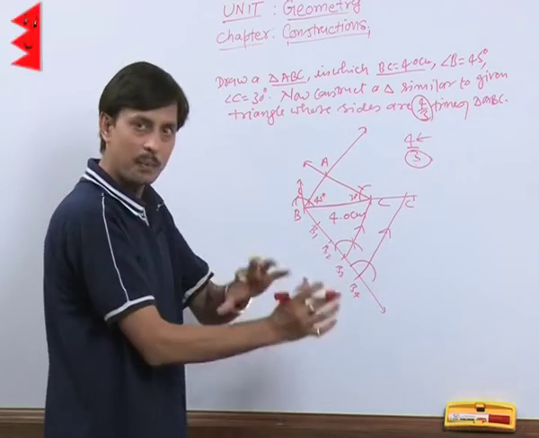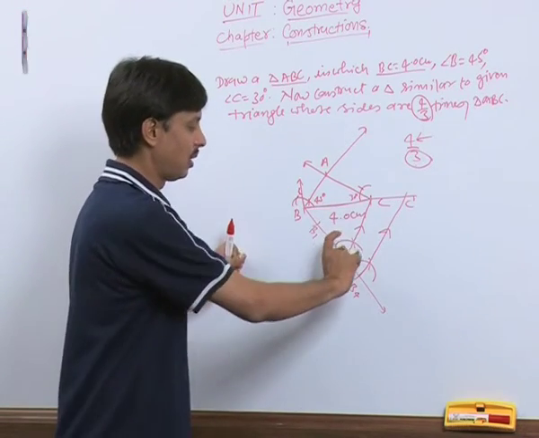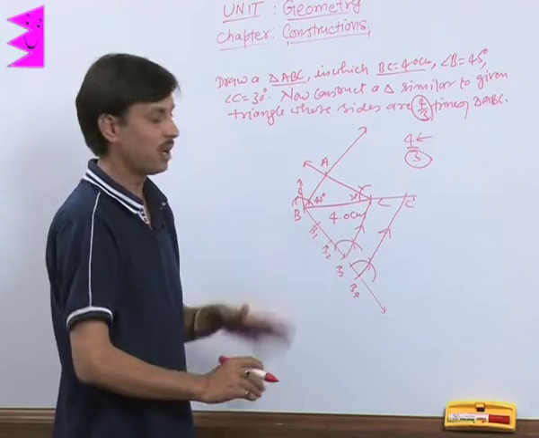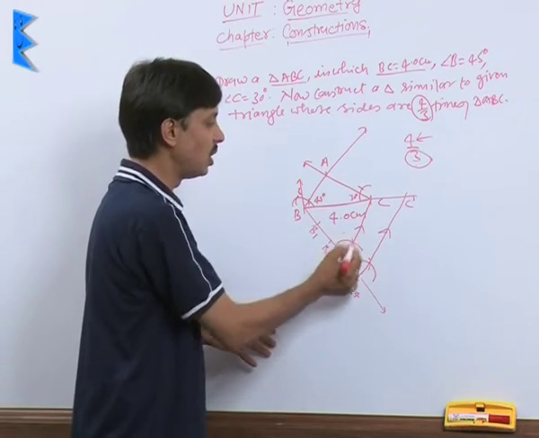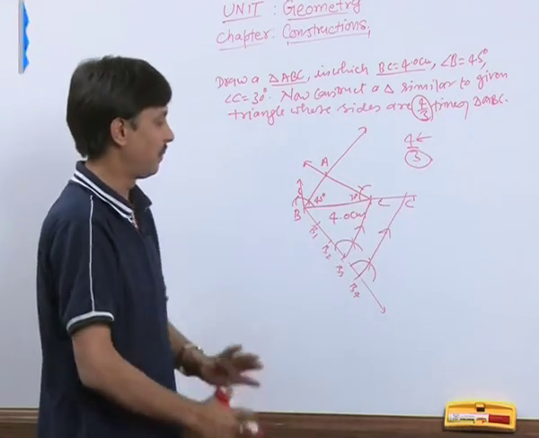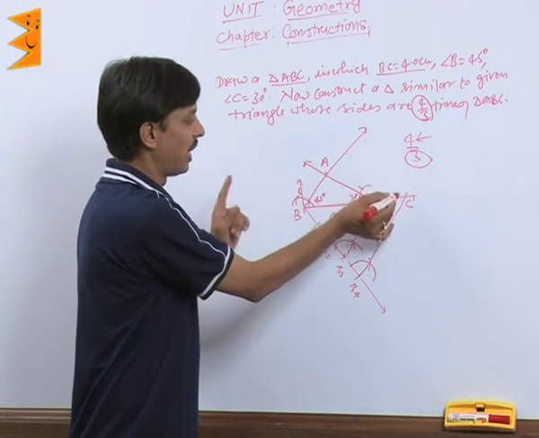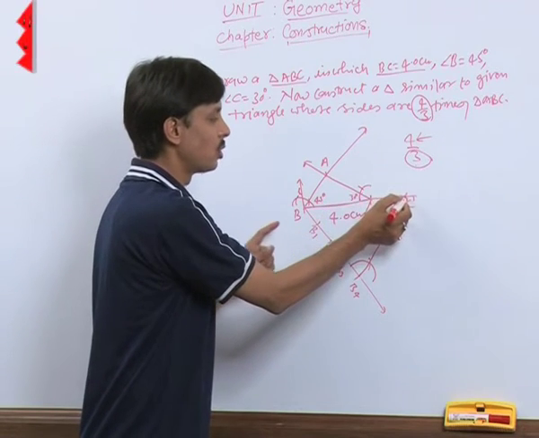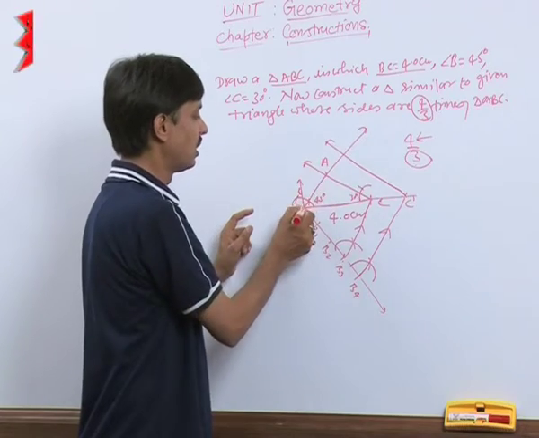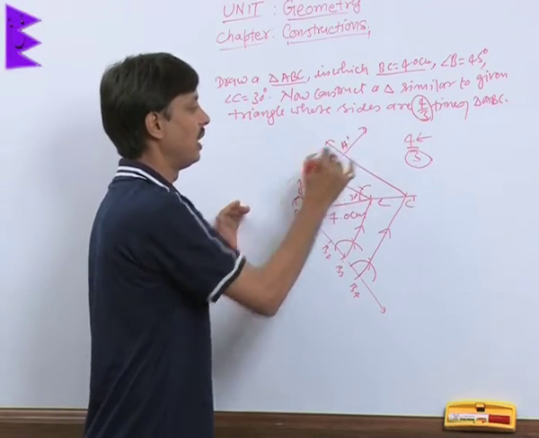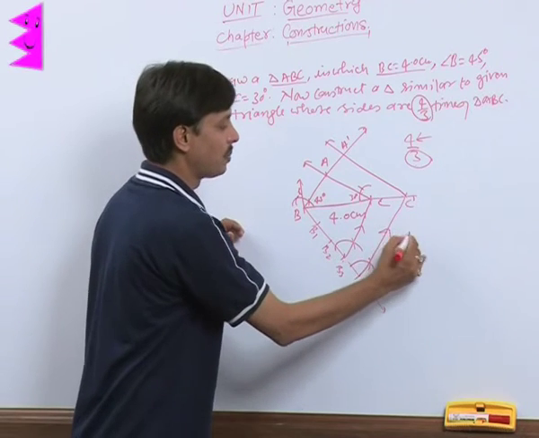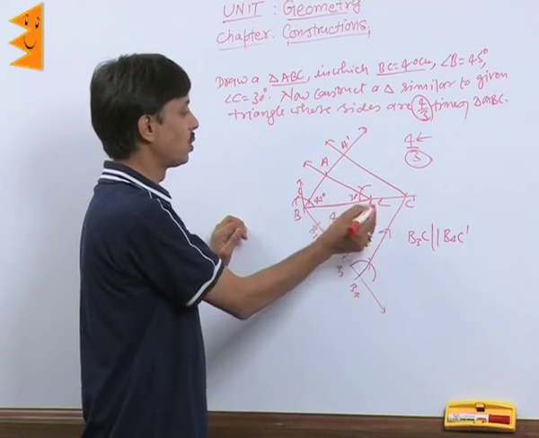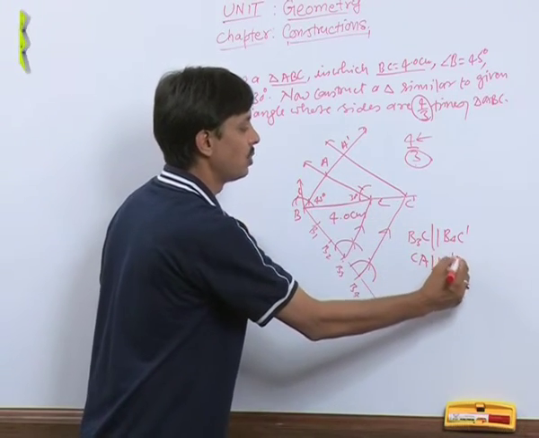Taking the compass and pencil, put the pencil at B3, mark an arc, and the same at B4, cut and get an equal angle, so that these lines B3C and B4C dash are parallel. Now at C dash we want to draw a ray parallel to CA. The 30 degree angle is this, so we can make an angle of 30 degrees. Where this meets the ray of 45, write down A dash. Here we observe that B3C is parallel to B4C dash, and also CA is parallel to C dash A dash.